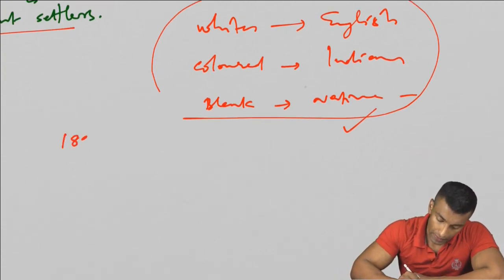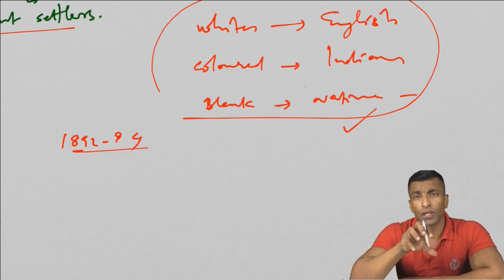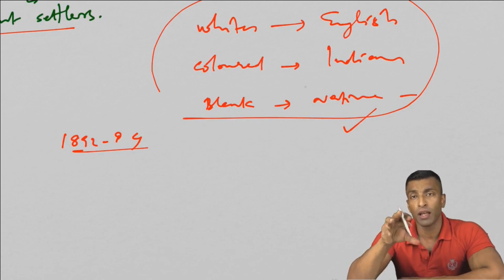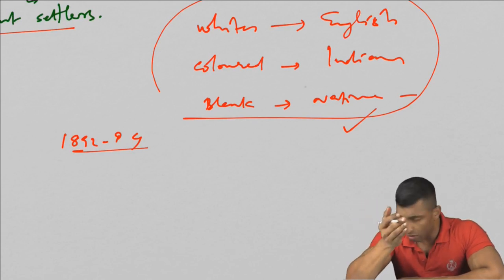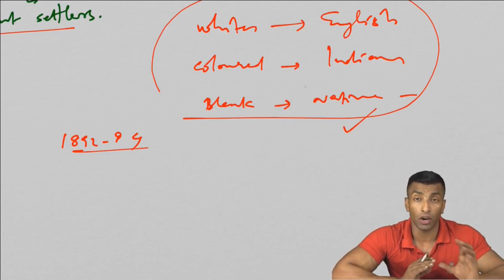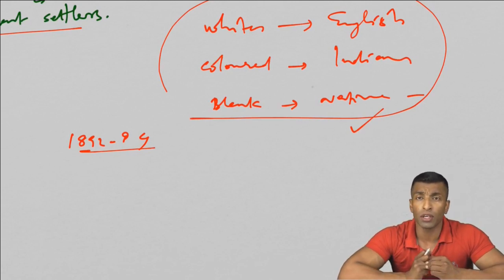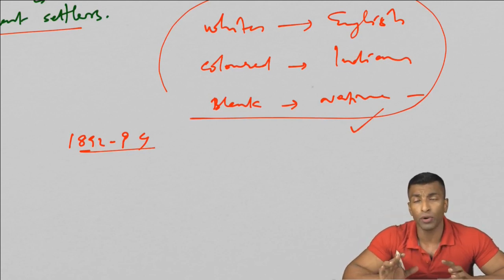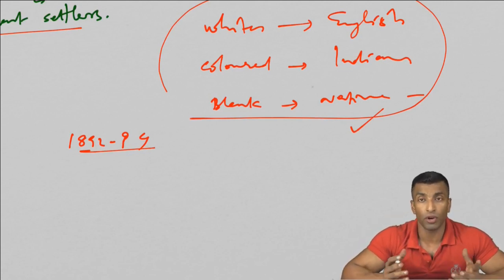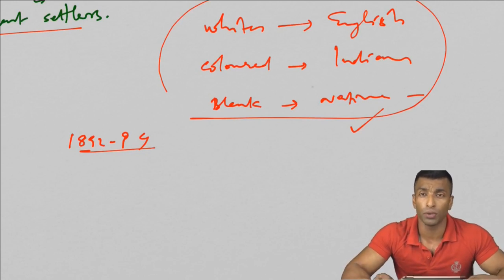During this phase, 1892 to 94, as I already told you, this was actually the moderate phase of Gandhi. Only a constitutional mode of struggle: prayers, petition, and protest. During this phase, Gandhi wrote a lot of letters to the British government in South Africa as well as in London, and talked about the issues of Indian workers and indentured laborers. But the achievements were not satisfactory during this time. In fact, the Britishers were not even ready to listen to Gandhi.